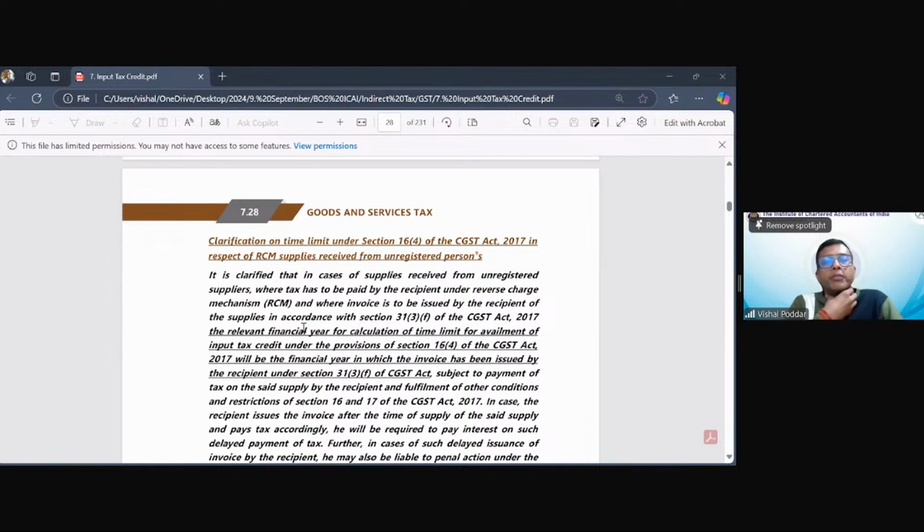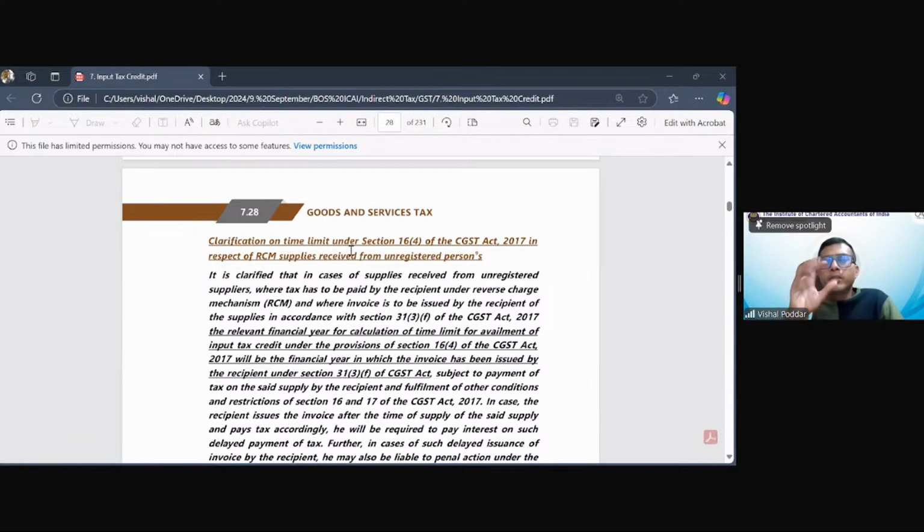Now, relating to 16.4, there is a very interesting point. What does 16.4 say? If my expense is of this year, that is financial year 24-25. So Hemant has sold goods to me, Mitali has provided some service to me, and I have received both persons' invoices, which are of the current financial year, that is 24-25. Please understand this, we are talking about 24-25. Now in this particular case, 16.4 says that if the invoices are of this year, I should claim this credit at maximum by 30th of November 2025.